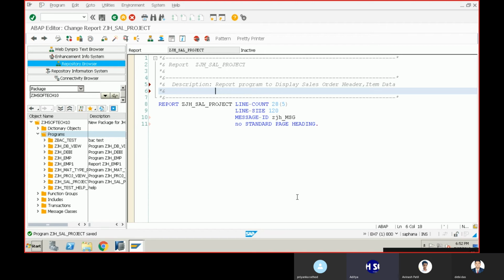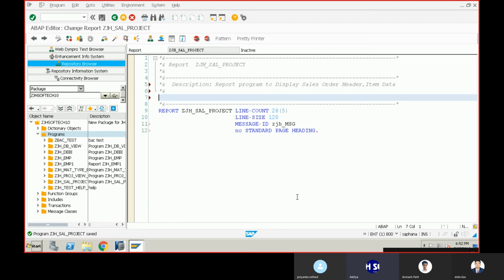We can give more description for the program and the requirement. Now we can also write something like this description, and after this we can write something like